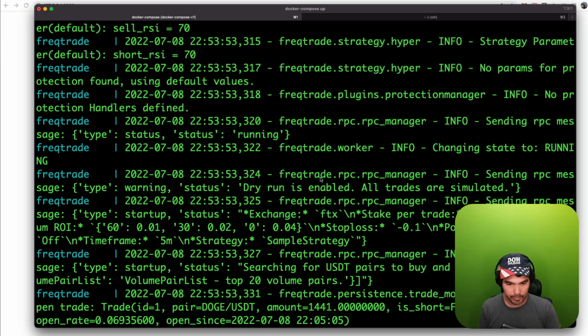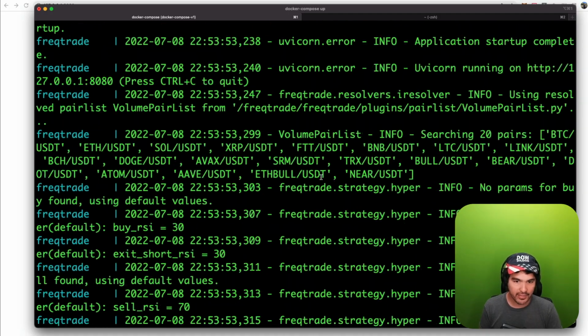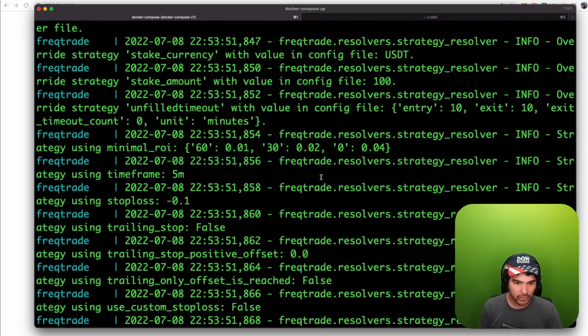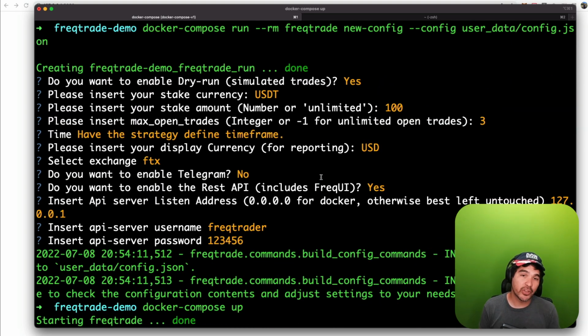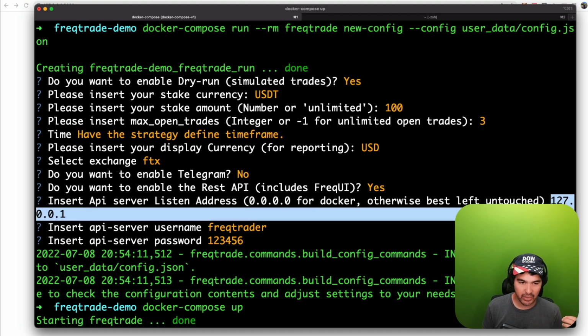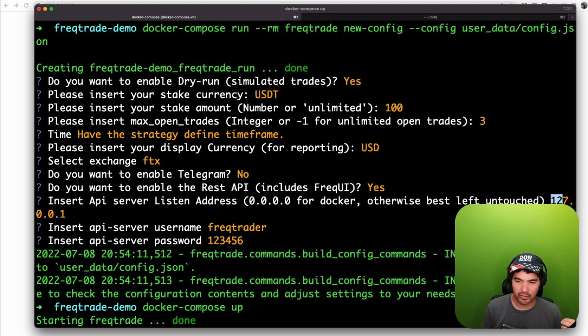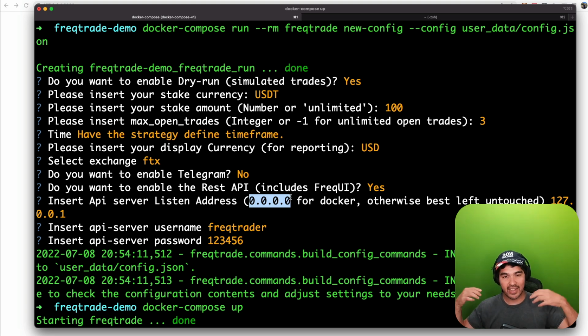So if I go back here, I ran Docker Compose up, I brought this up, and then if I scroll back up to where I configured this earlier, so let me see if I can get there. You'll notice when I answered this question, insert API server listen address, it says 0.0.0.0 for Docker. We're using the Docker container. So the default value is 127.0.0.1. And that works if I'm installing Freqtrade manually and not using the Docker container. But for Docker, I need to use 0.0.0.0 here, and it will listen to the outside world